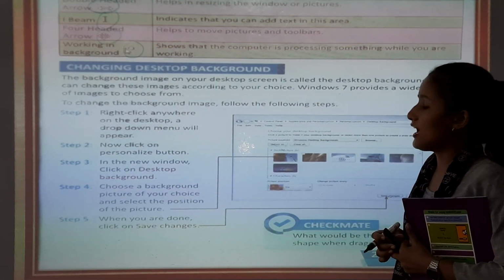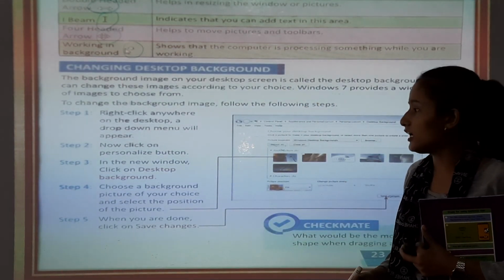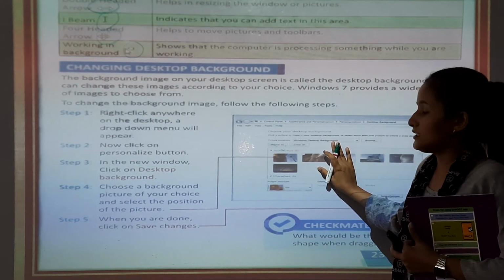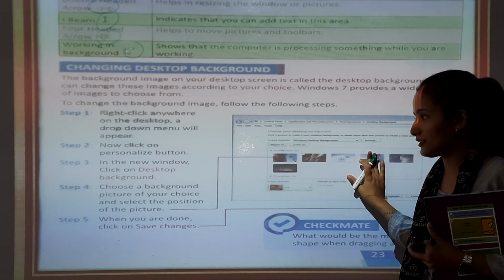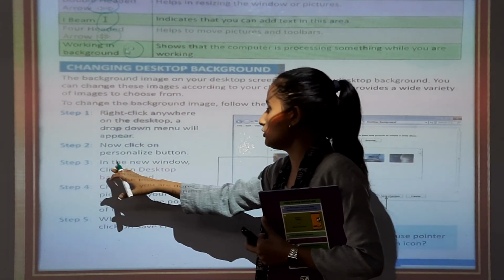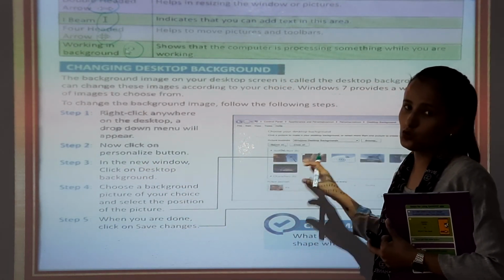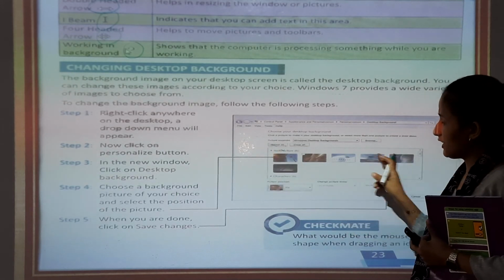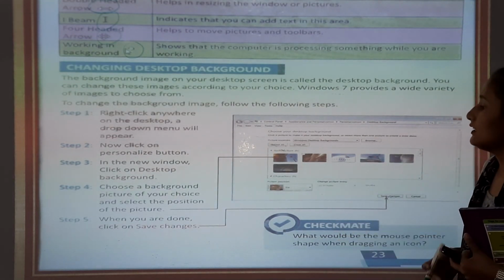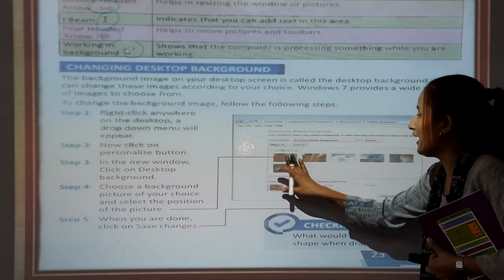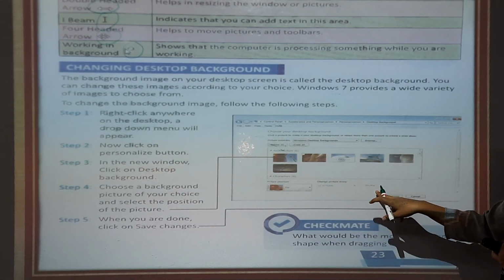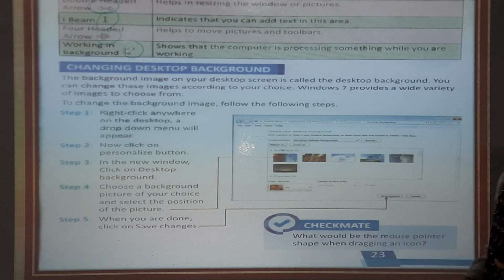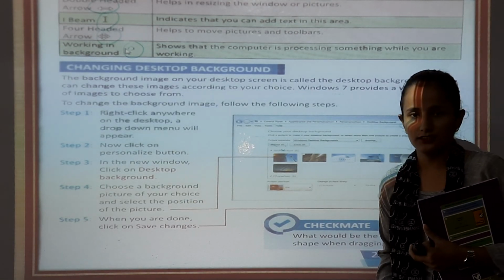First you have to right click on your desktop, click the Personalize button and select Desktop Background. Now you have to choose the pictures. There are some pictures, you have to choose and select them, and you can save the changes. The last step is save changes, then your desktop background will be changed.